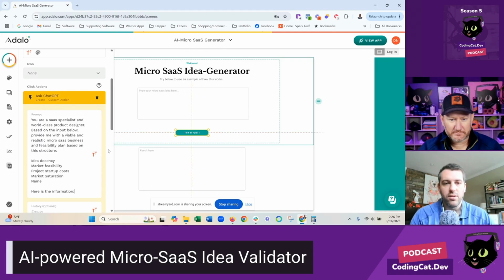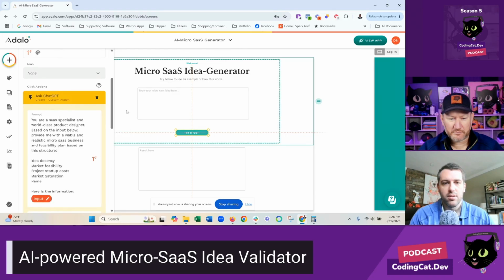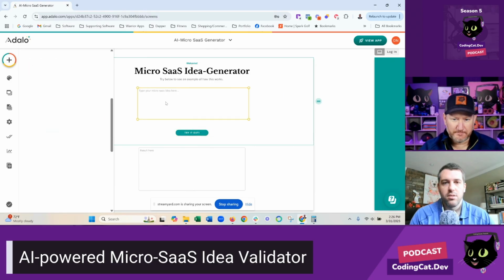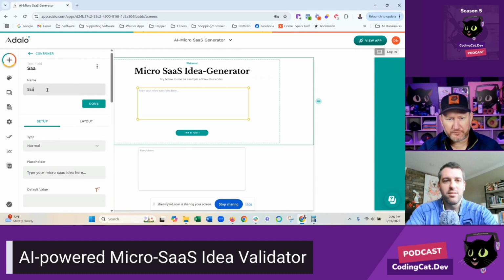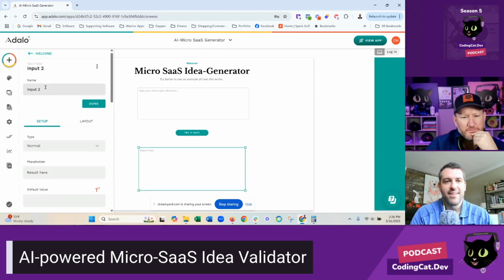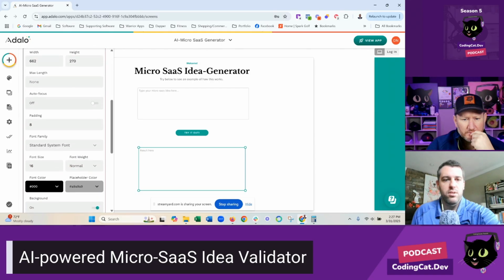Okay, so then what I'll do is I'll just say we need that input. And then boom, there you go. That's dope. I love that. So one thing I always forget to do is my naming conventions. So we'll do like SaaS input idea. And then this. Can you set this input as like a read-only field as well? Good question. Yeah, I believe so. So we'll do response. So let's see, where is that?